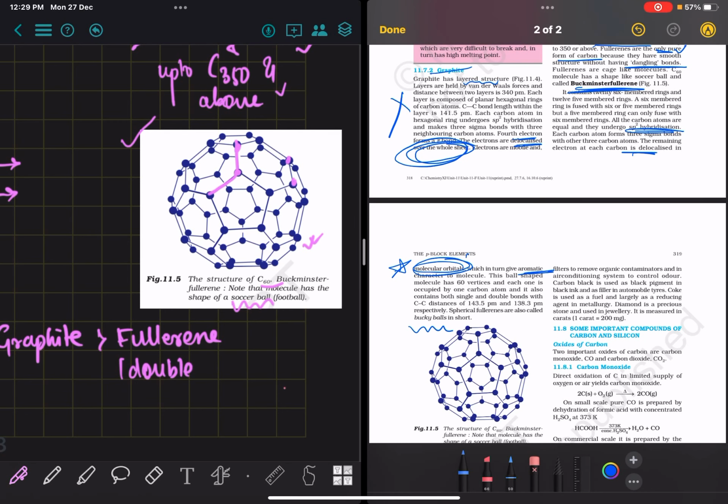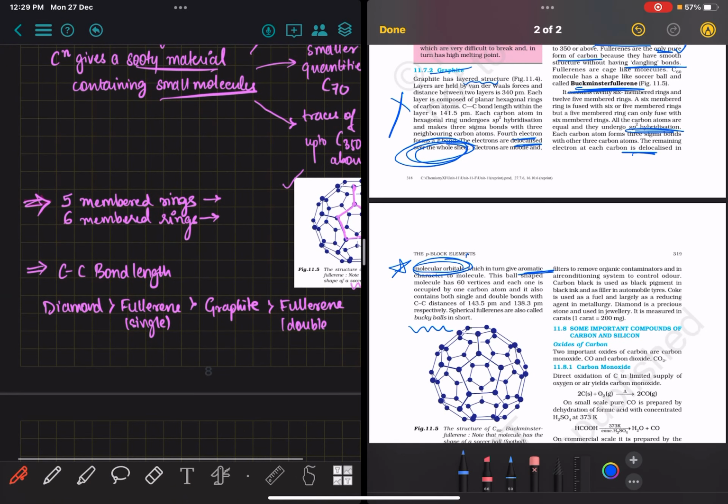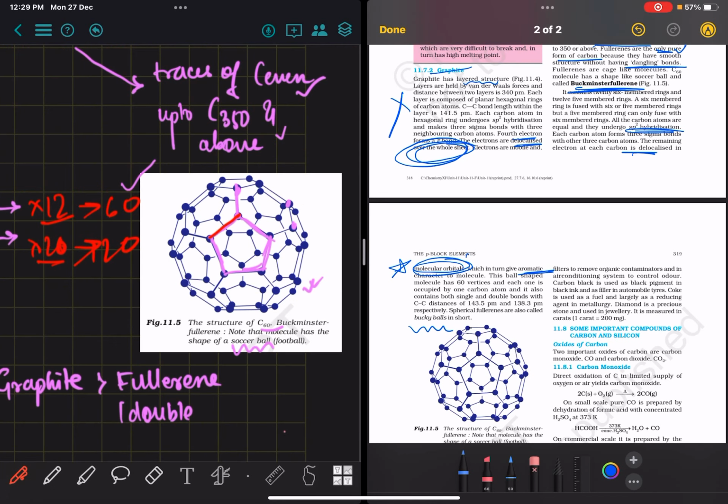Now, the next thing that is very evident about this structure is the presence of rings. Talking about the numerical part of it, there are 2 types of rings, 5-membered and 6-membered, and I remember 2 numbers, that is 60 and 120. 5 multiplied by 12 gives 60 and 6 multiplied by 20 gives 120. So there are 12 5-membered rings and 20 6-membered rings. That's how I remembered it. You can figure out your own way if you don't like this one.